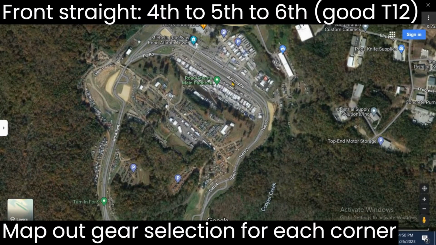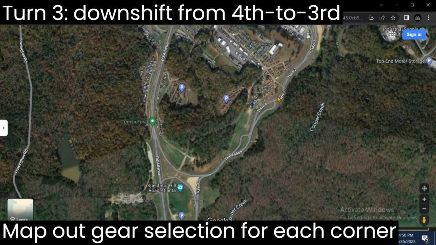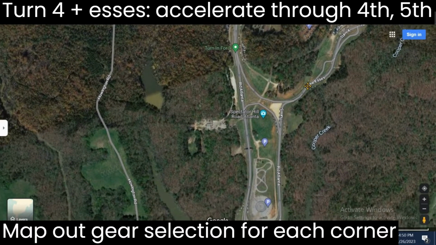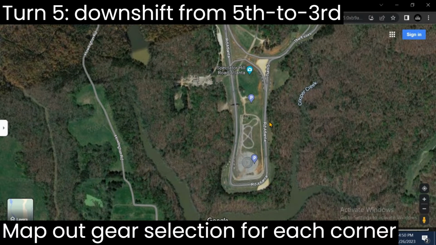We're in 5th, maybe 6th gear if we get a good exit out of turn 10B and onto the straight at the end of the main straight. And then we have to drop down to 4th gear for turn 1, and we're in 4th gear through turn 2, and down to 3rd gear for turn 3, accelerating up into 4th gear and 5th gear down into the S's, and then we drop 2 gears into 3rd gear for turn 5,